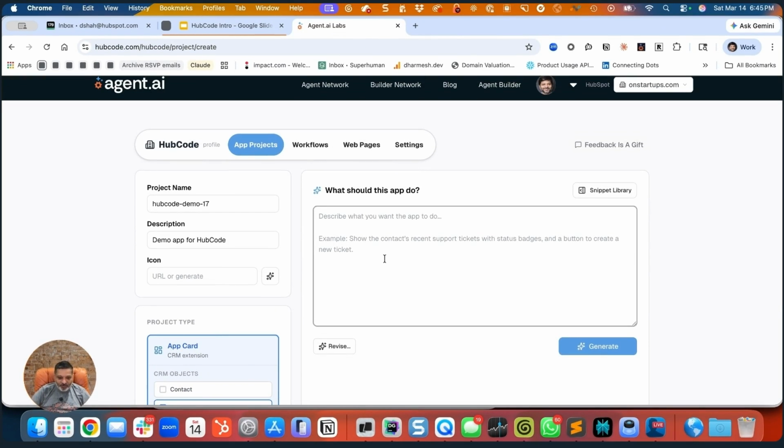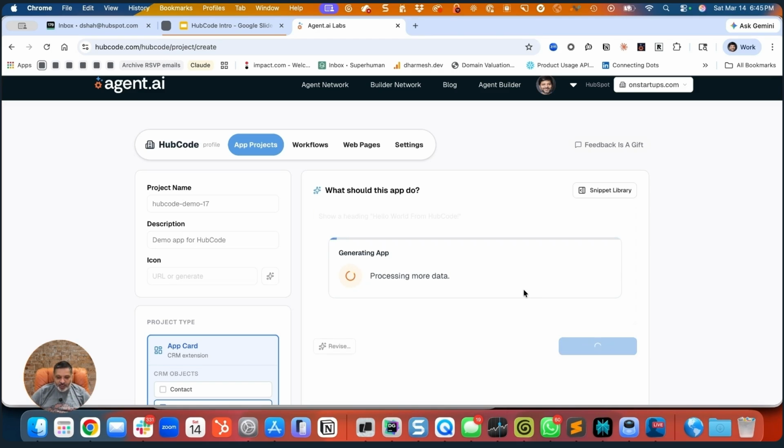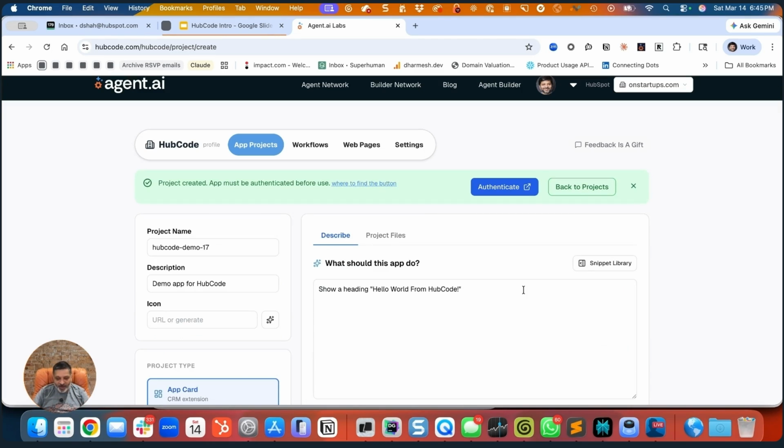And let's start off with something super simple. We're going to say, show a heading, hello world from HubCode. So it doesn't do anything fancy. This is the kind of canonical hello world application. We click the generate button. And what's happening behind the scenes here is HubCode is going to generate the project files. It's going to do the configuration. It's going to write the TypeScript code to show that heading. And then deploy it to HubSpot, and all without opening a terminal or doing anything or writing a line of